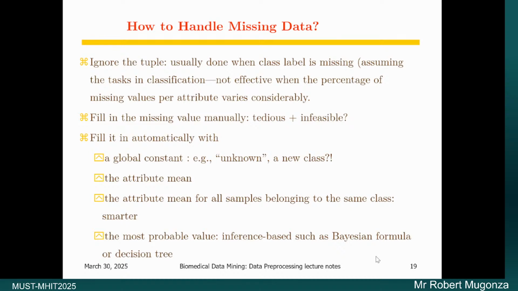Who amongst us is a data manager? You work with some data sometimes, so team, how do you correct missing values, missing fields? You do provide a new code.